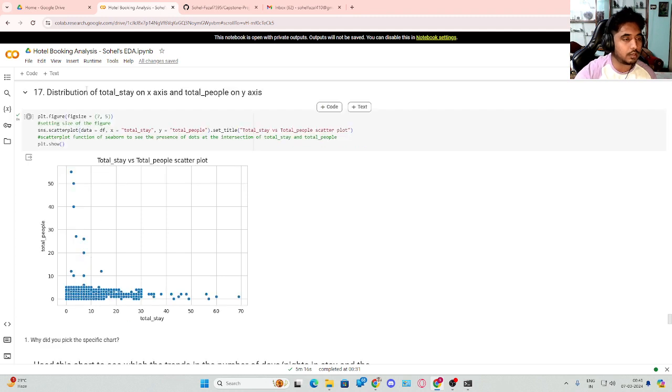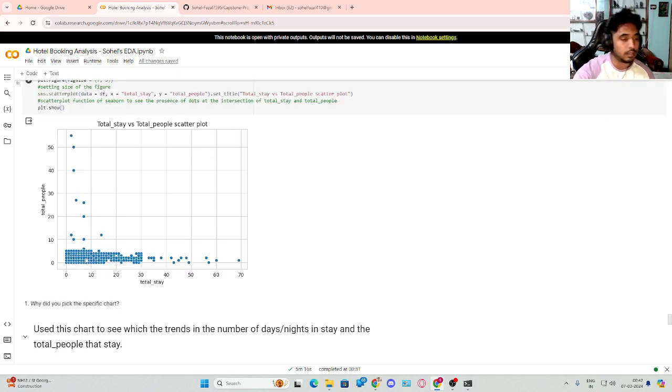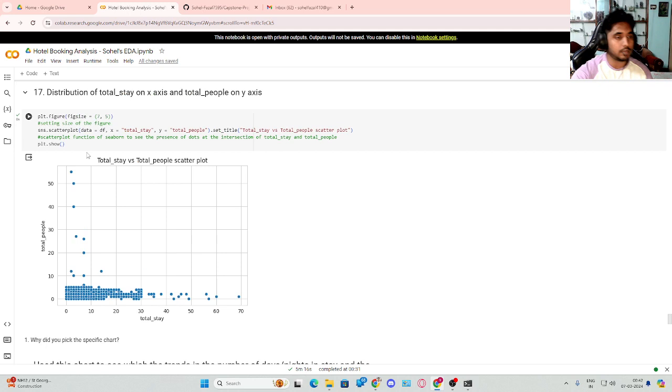So we are checking the distribution of total stay on the x-axis and total people on the y-axis. We are creating a scatter plot which plots the dots based on their values. So you can see the hotel bookings are mainly done for 0 to 30 people who stay for about 1 to 5 days. Most of the dots are in this bracket, but there are also a few other cases in which total people are more than 750 and total stay is about 70, but those are extremely